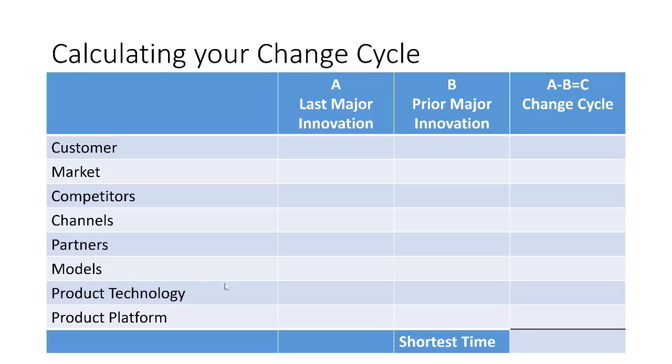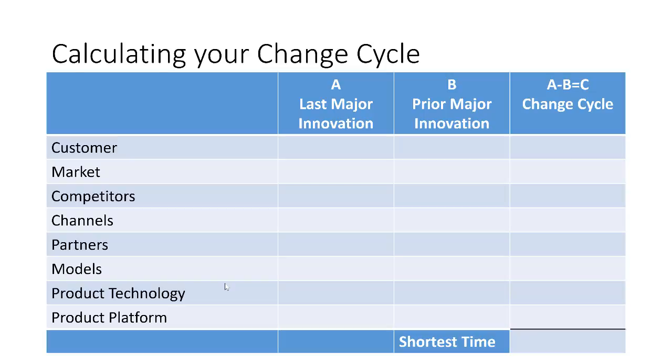What about your partners, other partner organizations? What is their innovation cycle? When was their last major innovation and when was the major innovation before that? What about business models? When was the last business model innovation in your industry and the one before that? How about technologies? The underlying technology that you build your technology on top of. So if you're electronics, then the question is, what is the semiconductor innovation cycle? And how can you take advantage of the semiconductor innovation cycle? What about your product platform? If it's the software that's sitting on. It's kind of different between technology and platform, but they're similar. So take those,